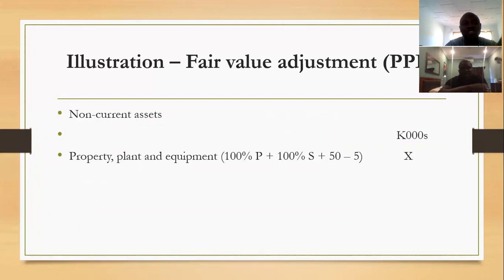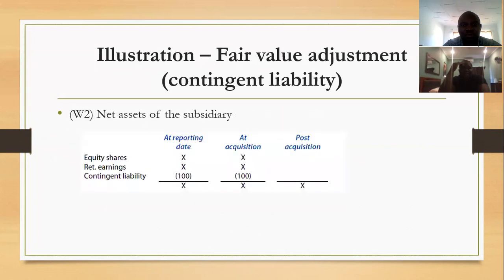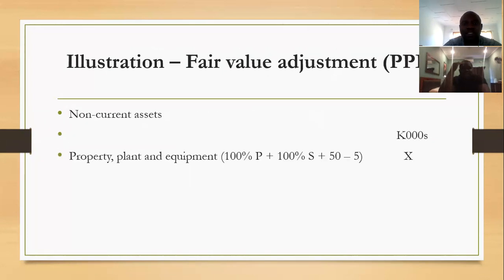So this is how it's going to be on the first part of the balance sheet, property, plant and equipment. You are actually going to add what is coming from the parent company at 100, what is coming from the subsidiary at 100, plus that fair value adjustment, less depreciation. That is what you're going to have. Is it okay up to here? Very much. Mm-hmm. Similar principle on contingent, but then maybe